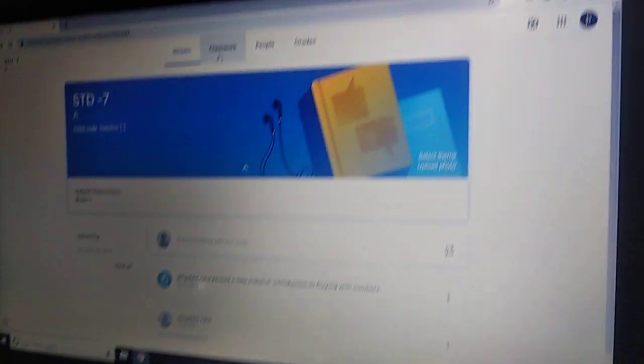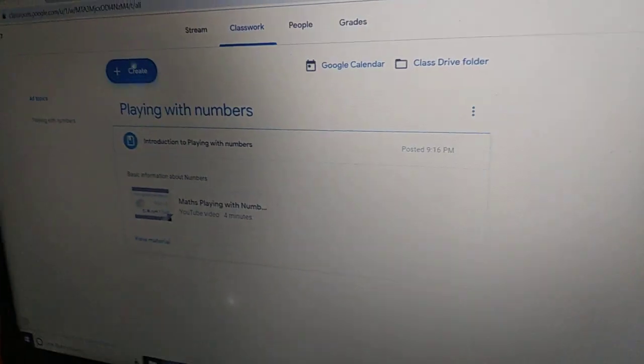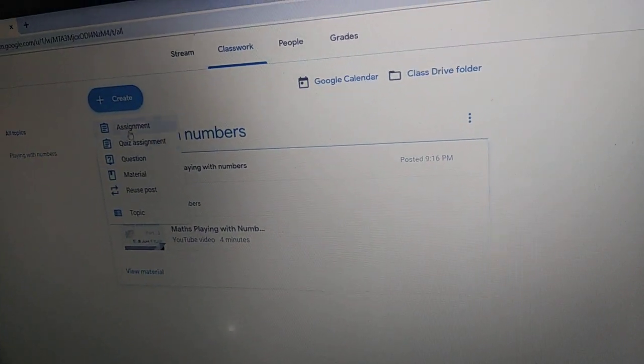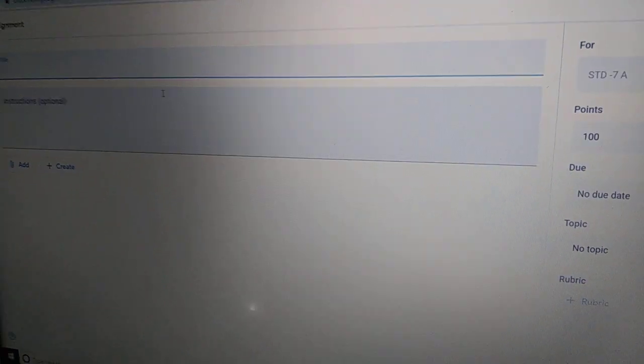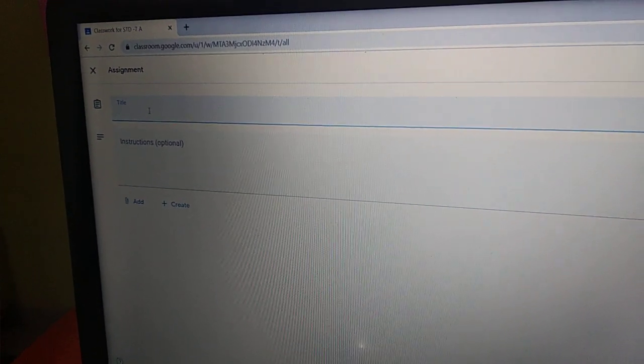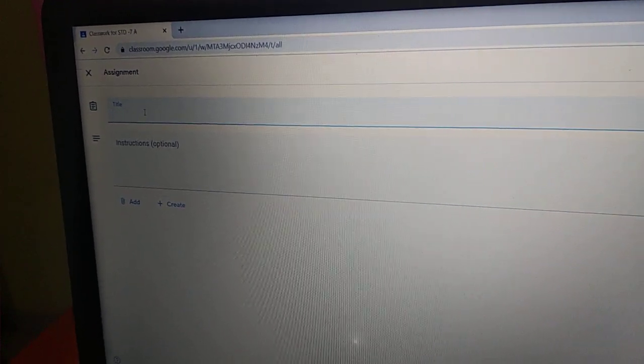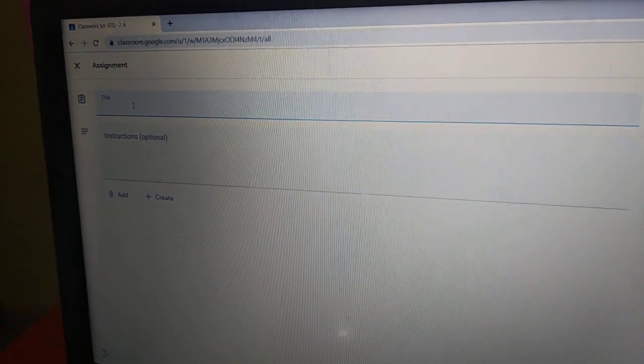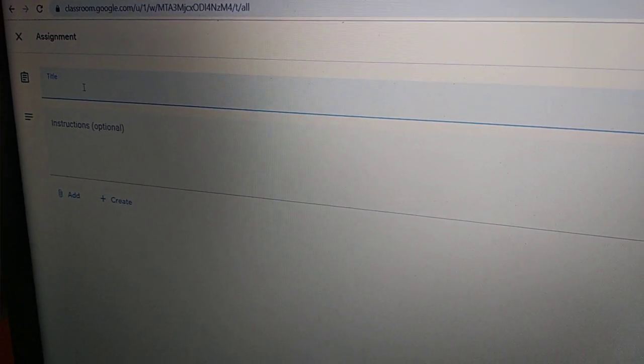Now next I'll go down to classroom. I'll create another thing out here for, say for example, assignment. Now here again it is related to which chapter? Playing with numbers. Okay, so I'm providing few sums from the exercise.